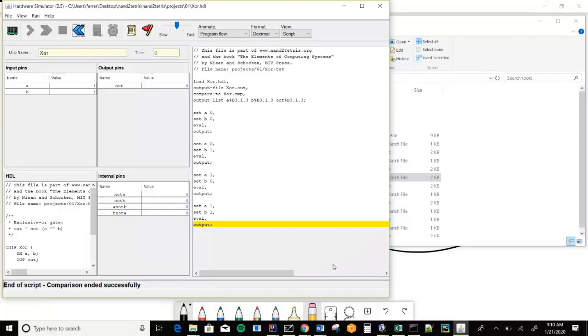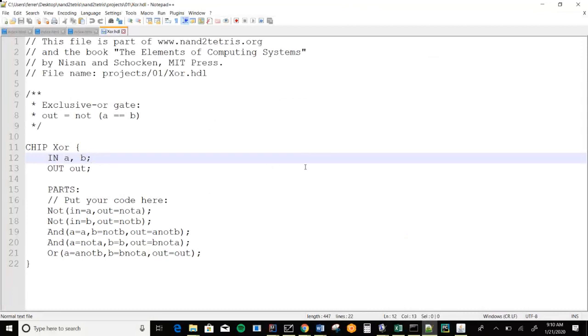So let me talk a little bit more about this hardware description language. Again, this is not a computer program. It sort of looks like one, it kind of feels like one, but it's not a computer program. It's a description of how a circuit is wired. Why something like this? In practice, in the hardware design world, nobody manually lays out circuits anymore. It's all done by computers at this point.